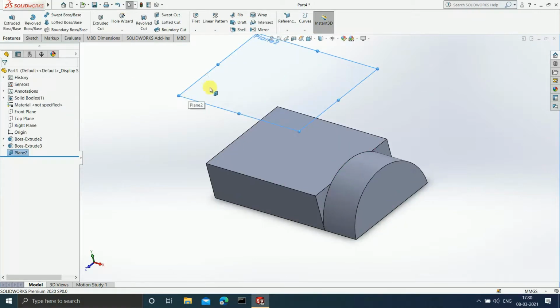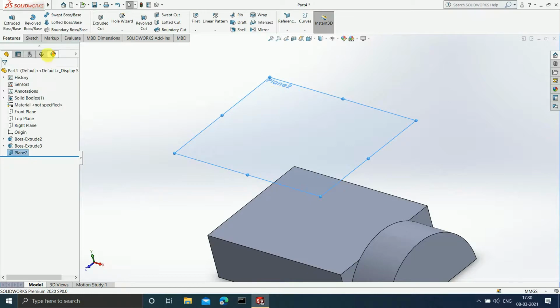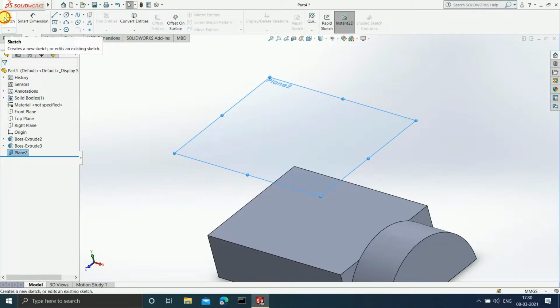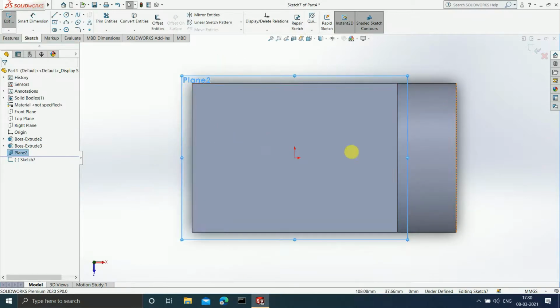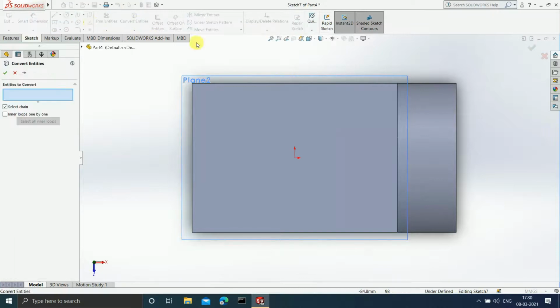Now I will select this Plane 2 and click on Sketch. Now press Ctrl 8 so that the plane becomes perpendicular to the line of vision. After this, I will click on Convert Entities. Now it is asking me to select the entities that I want to convert. First deselect this Select Chain option.